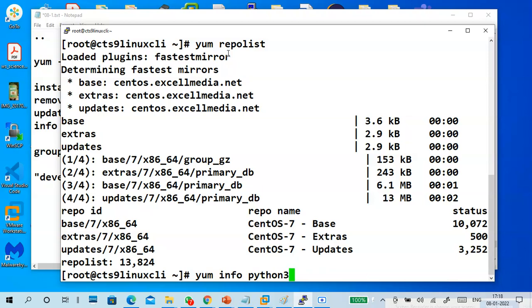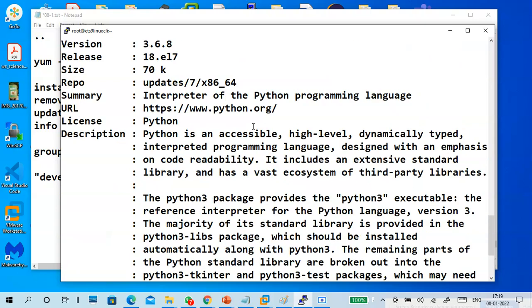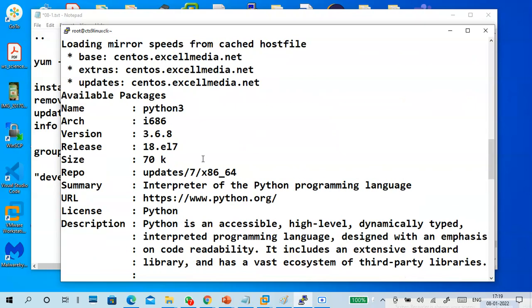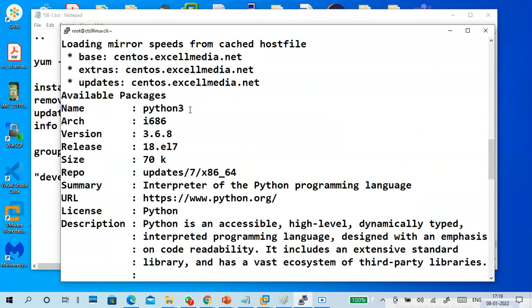Okay, yum info python3. First of all, know whether it is available or already installed, and make sure that the package name is correct or not. If it's available, okay, the name is correct. Important thing is available. Available means not installed, so we can install it.